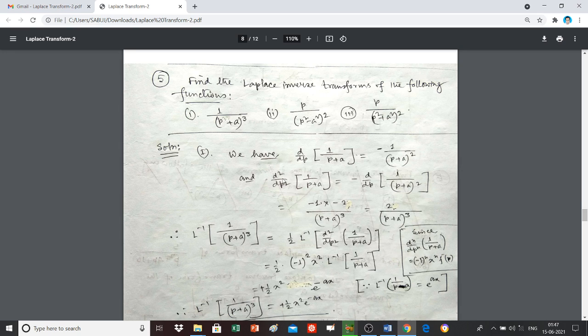From there you can write d²/dp² (1/(p+a)) equal to this, minus here, and then d/dp of 1/(p+a)², just compute this value, and finally we obtain 2/(p+a)³. Therefore the Laplace inverse transform of 1/(p+a)³ is equal to, from here you can write,